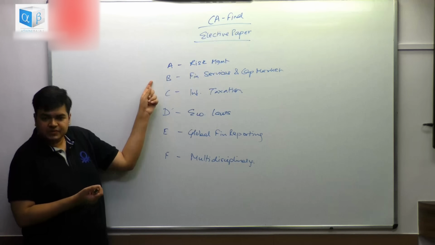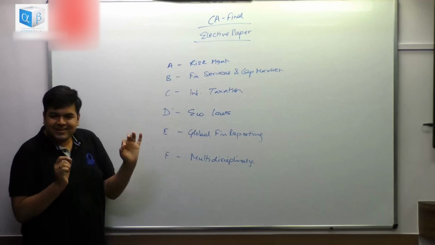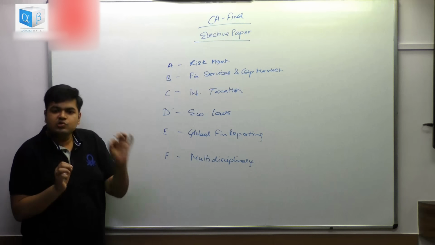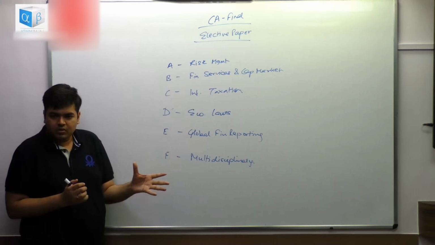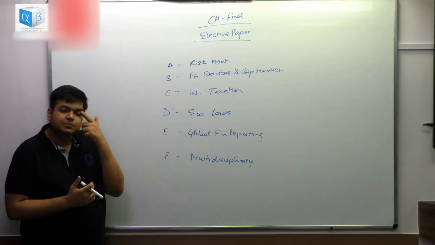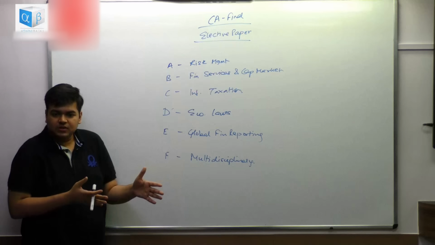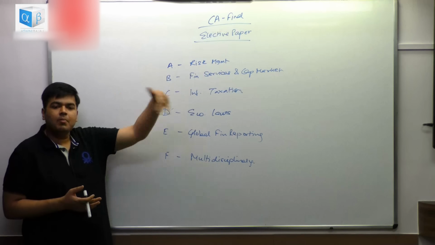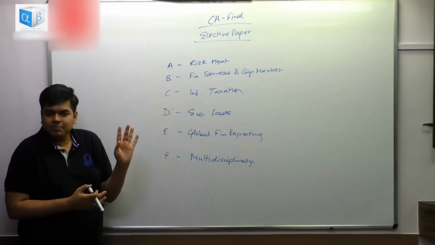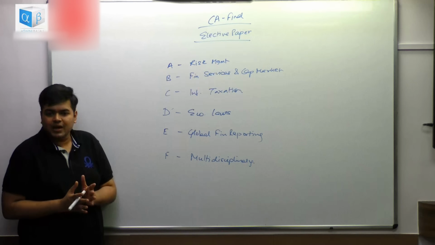So the first misconception that you have is that if I want a job in finance, I have to take one of these. If I want a job in law, I have to take one of these. Honestly, the choice of elective paper is not going to be so important. On the basis of one elective paper, a final level 100 mark paper, you're not going to be able to get a job on that one basis. That okay, if I do one of these papers, I'll become a risk manager or an investment banker. So please don't have that misconception with you. It is not going to work that way.